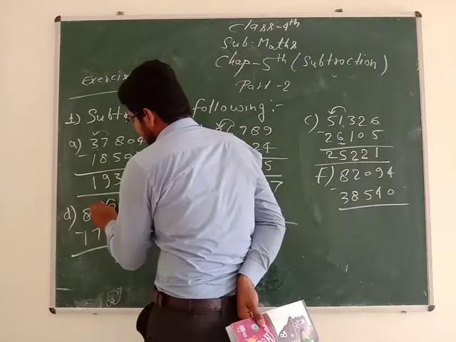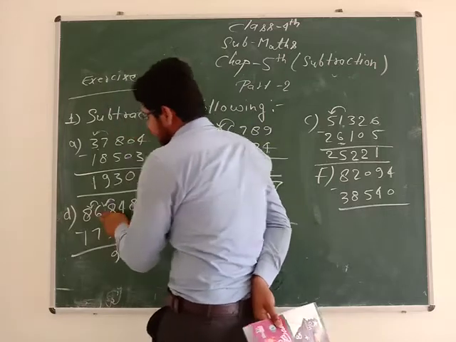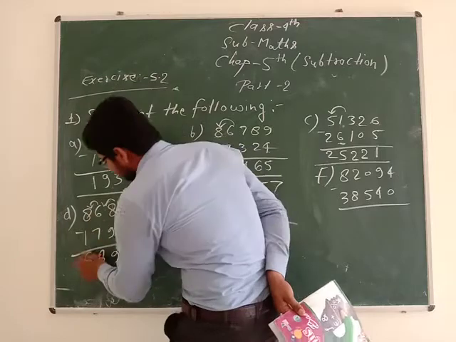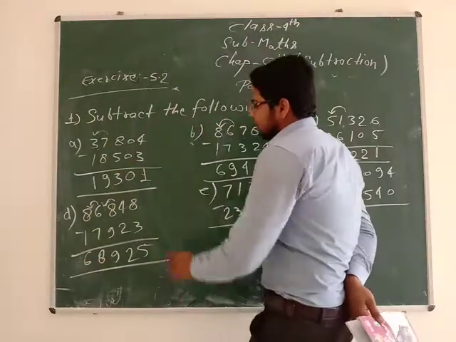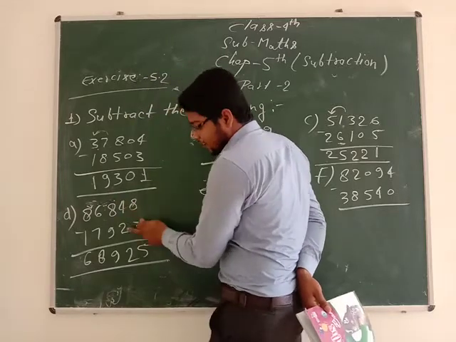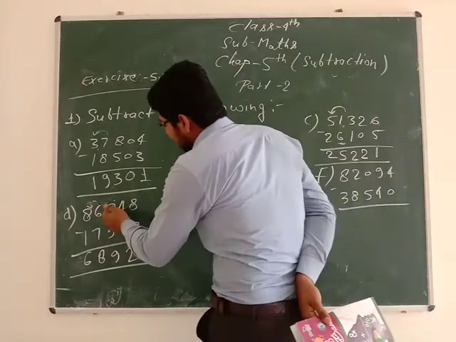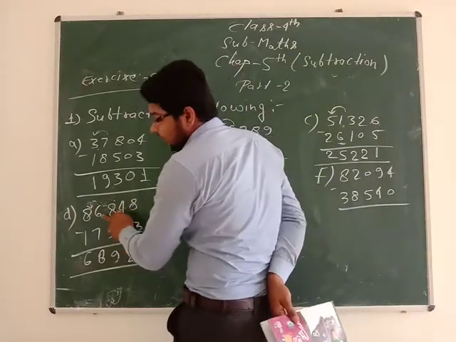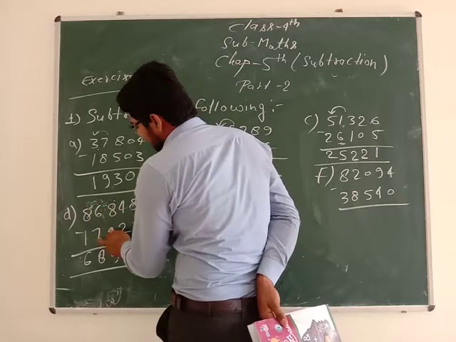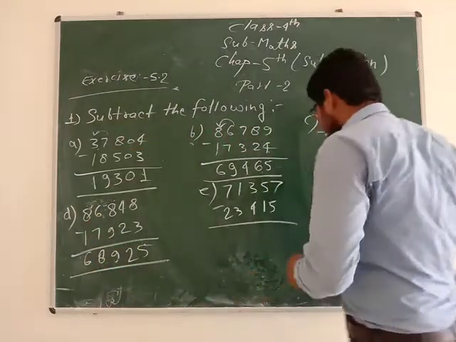We got borrow from 8. 16, it can't be 16, it is 15. 15 minus 7, 8. And it is now 7. 7 minus 1, 6. Let's understand it again. 8 minus 3, 5. 4 minus 2, 2. 8 is less than 9, so we got borrow. 18 minus 9, 9. It is now 5. So we will take borrow from 8 and it is now 15. 15 minus 7, 8. And it is now 7. 7 minus 1, 6.